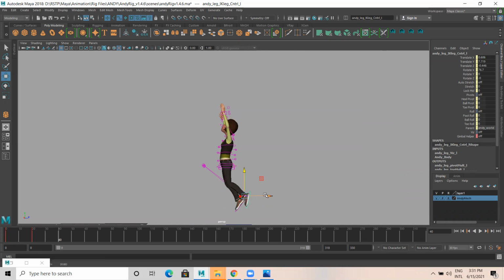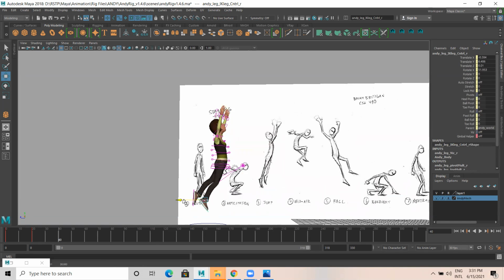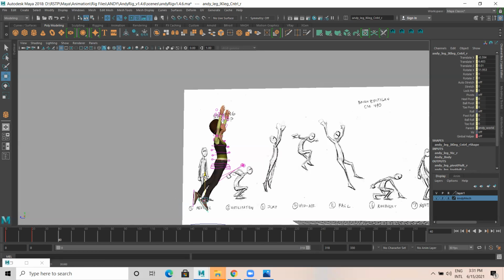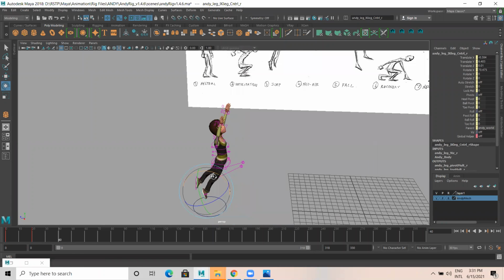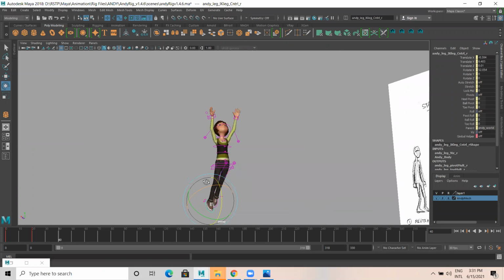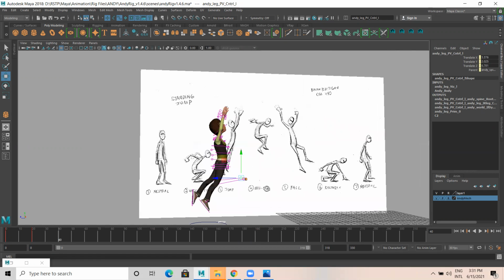Make sure the gesture position which you are doing is proper. This is a pole vector for the leg. There will be some changes.